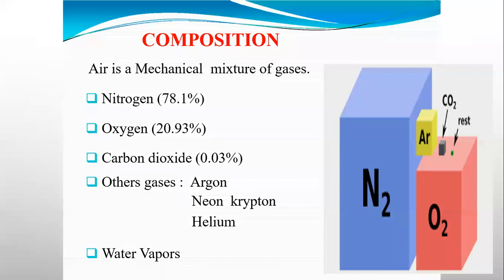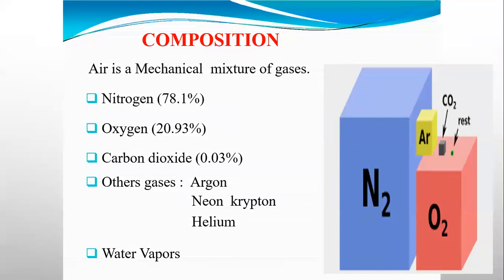The dust particles and pollutant materials are also part of the composition of the air, depending on certain areas. In urban areas there are pollutant materials, or in industrial areas there are certain gases and pollutant materials in the air. So this is the normal composition of air, but it varies from area to area. In different areas, the composition is different